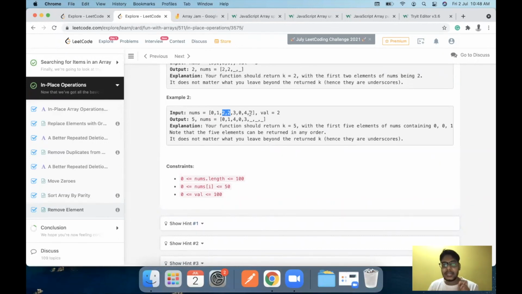Now, since we did not use break, what happened was the element towards the end, which was not supposed to be a consecutive duplicate. That is, these two elements are consecutive duplicates, so they can be removed using the splice operation.